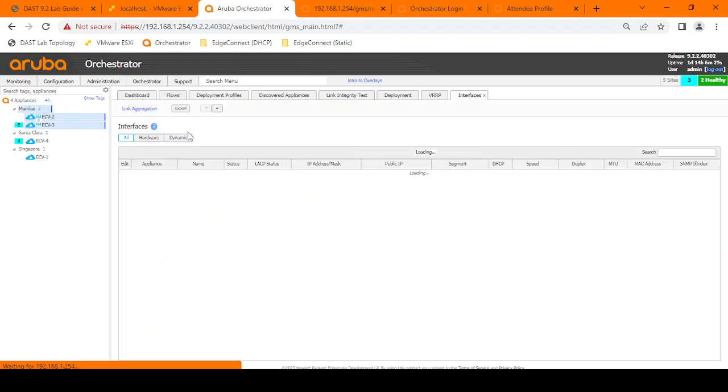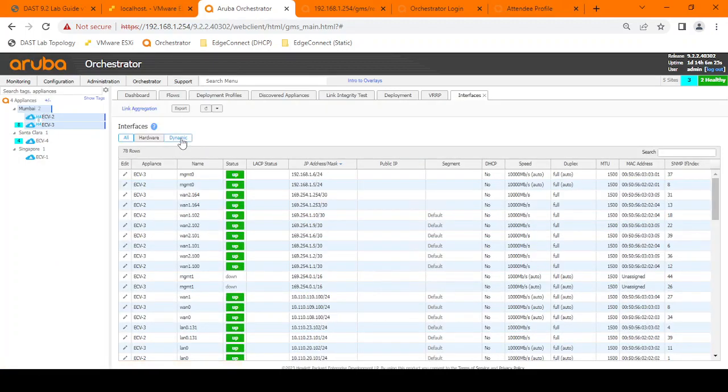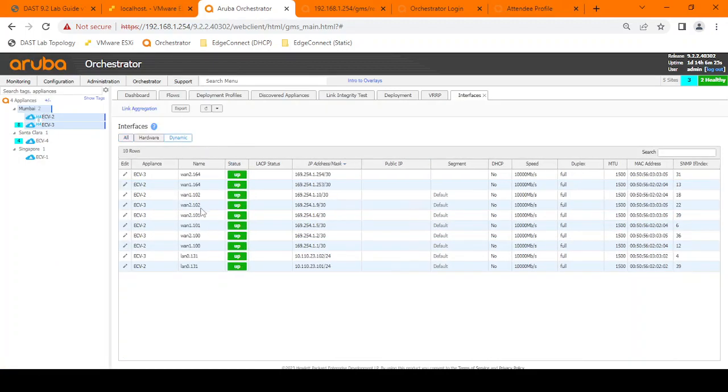If you go to the interfaces and hit on dynamic, you'll see there is dynamic interface has been created dynamically by the appliance, which is like WA2, 101 and 100 and 102. These are built dynamically to support the use of HA link,